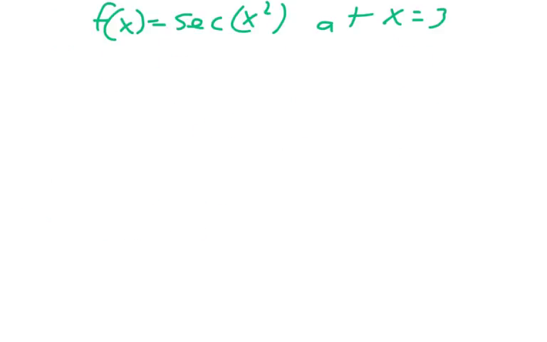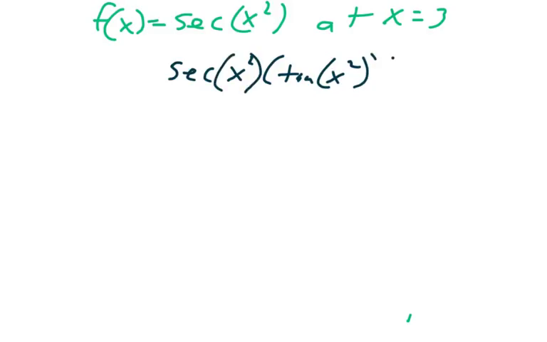For this next one, we're trying to find the tangent line slope for secant of x squared at x equal to 3. So the first thing we need to do is take the derivative. The derivative is the secant of x squared times the tangent of x squared times the derivative of the inside, which is 2x. So we get the secant of 3 squared, which is 9, the tangent of 3 squared, which is also 9,